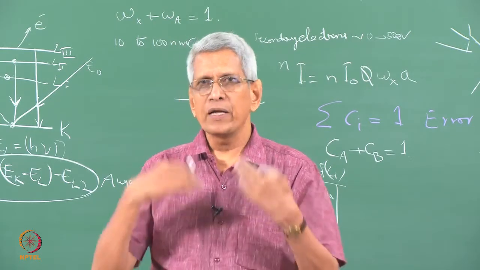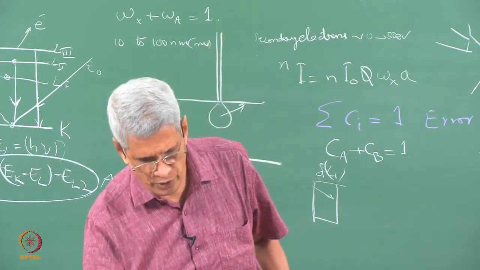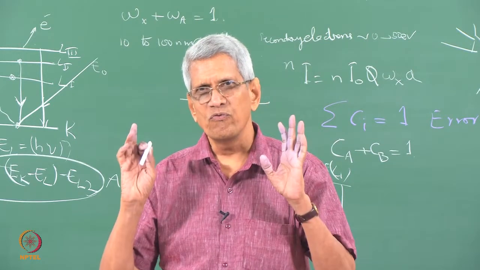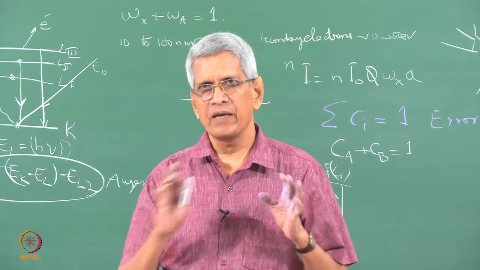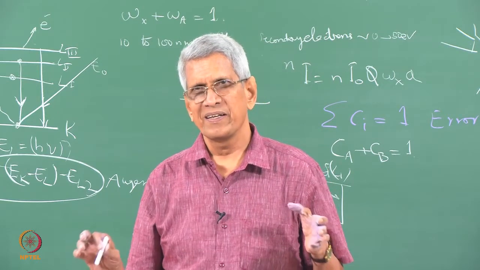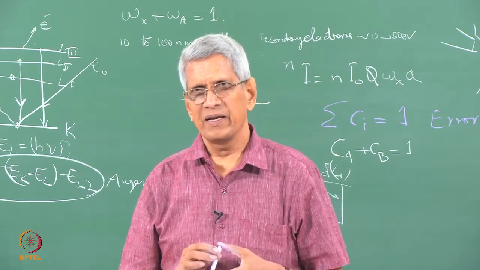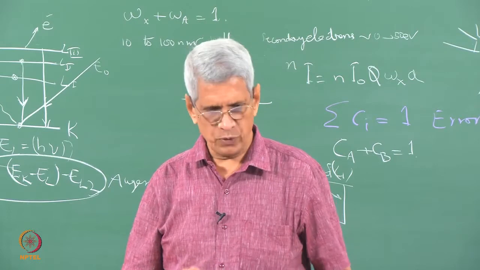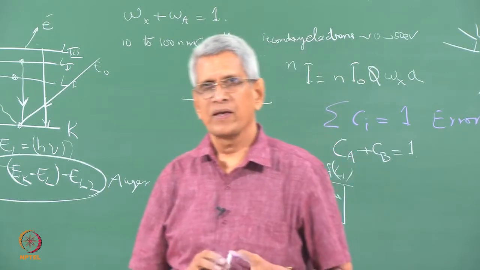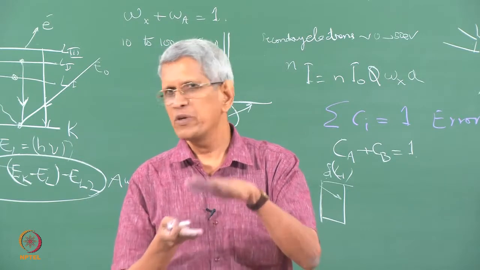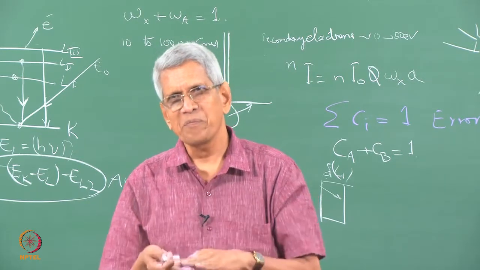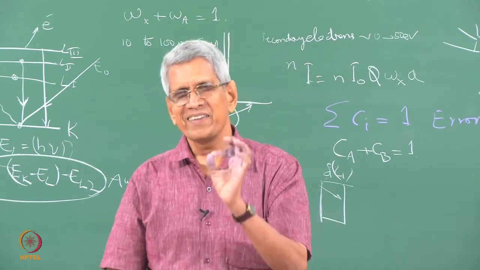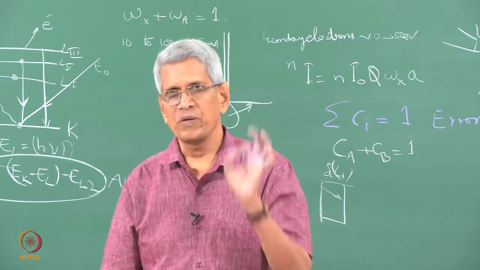Okay. But if we use another technique like WDS, wavelength dispersive analysis, there we can find out the X-ray energy very accurately. Okay. Because there we are not using the energy, we are using the dispersion of the wavelength associated with the characteristic X-rays. Okay. There we can resolve them. Or the other way in which we can do it is called bolometer, microcalorimeter. In a calorimeter, all the energy which comes, we can find out that energy which is absorbed. There also the energy resolution is going to be very good.